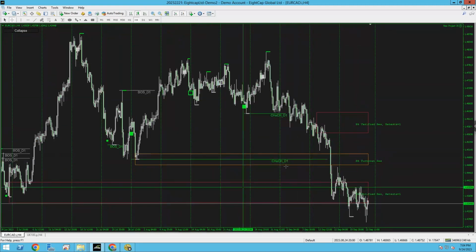I'm telling you. So here you can see, look, change of character, daily break of structure, which is the change of character, 4-hour turncoat, boom, price action pulls back to it, same thing. This is EuroCAD right there. And this one, you only had about a 37 pip stop loss, money.